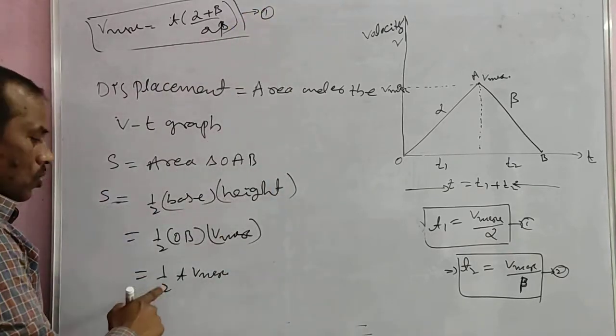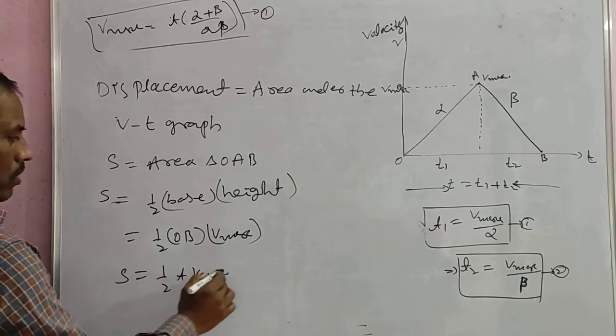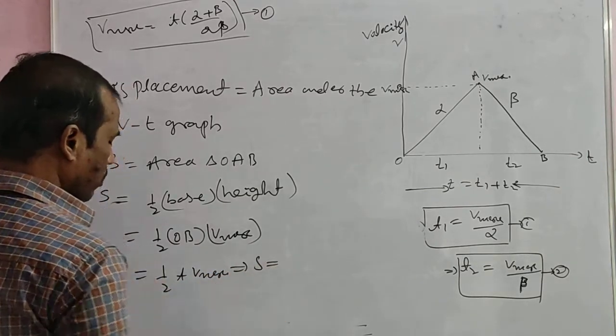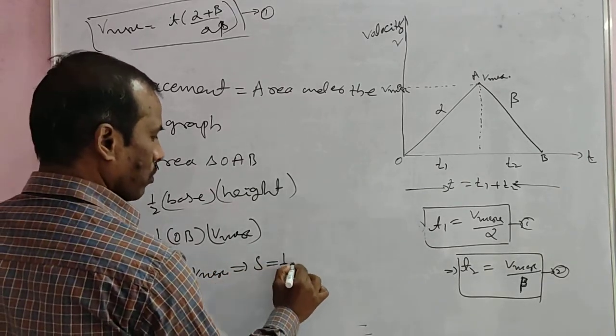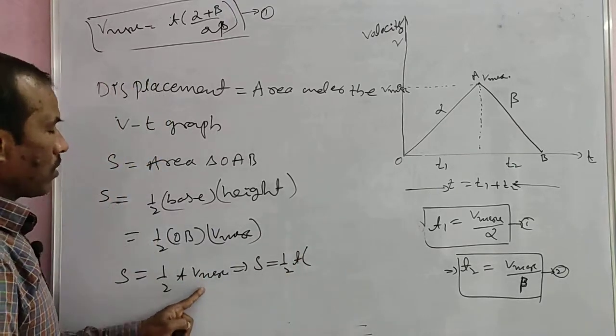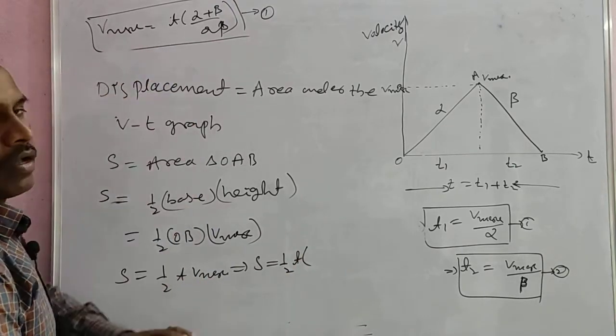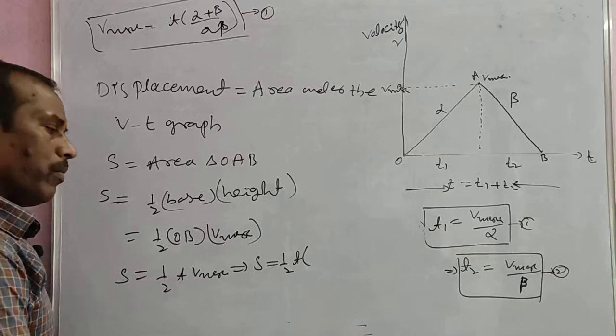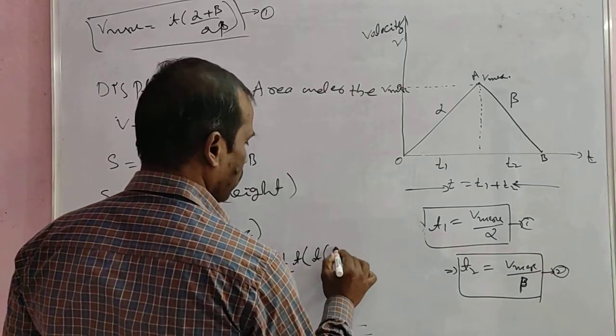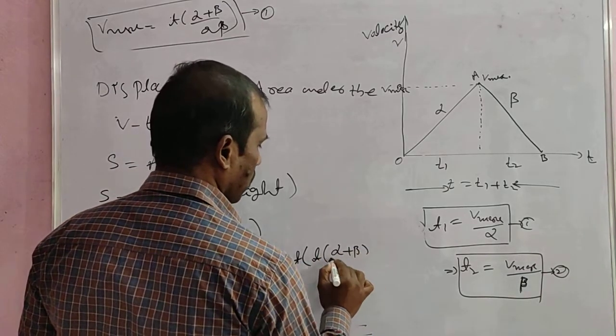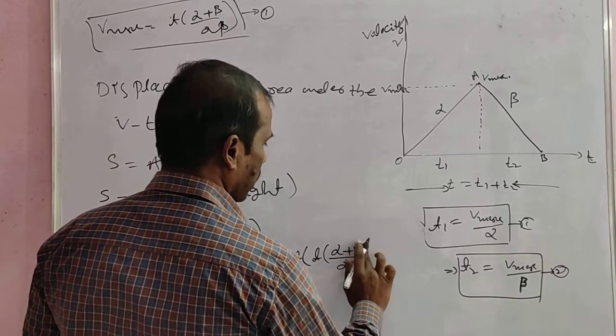So equation 1, substituting in this equation. Here displacement simplifies: S is equal to 1 by 2 T into the maximum velocity, nothing but T into (alpha plus beta) by alpha beta. Okay, T into (alpha plus beta) by alpha beta. This is a